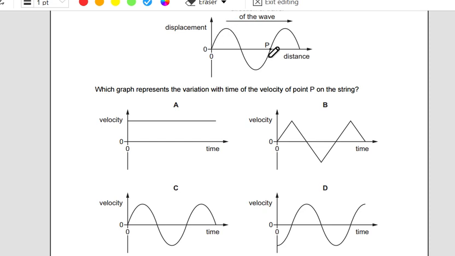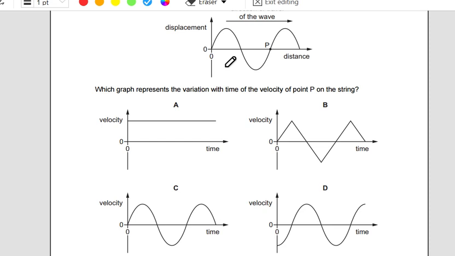I mean, what will go for B now is the downward motion, and then upward motion, and then this is in negative direction, and then upward in positive, and then downward in negative. So we expect the velocity to have the same varying direction, because velocity is displacement divided by time or